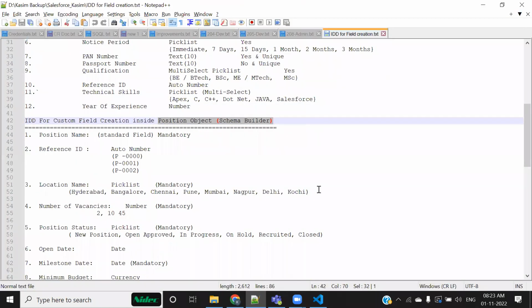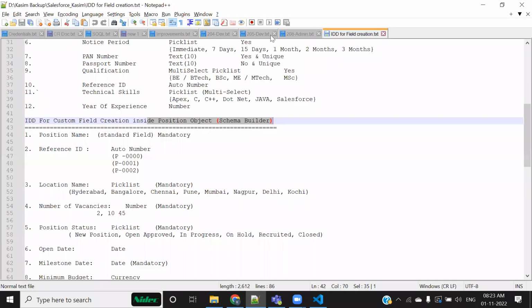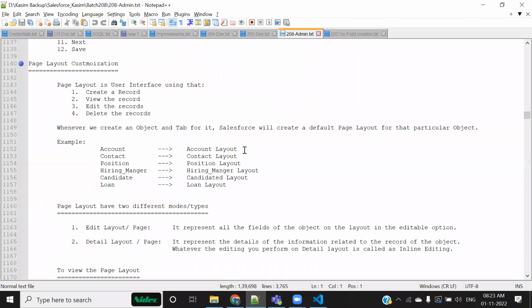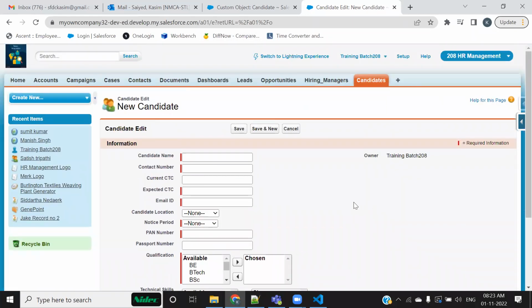So by tomorrow morning, अभी fields to add हो गया. अभी एक चीज और बची है आपकी, वो है आपका schema builders and all that. So इसके भी पहले even, ये position object create करना और उसके अंदर फिर सारी fields create करना by the second technique schema builder. तो वो करने से पहले I would be going to have a discussion on this thing. इसके बाद हम पहले कुछ और सीखने वाले हैं कल के लेक्चर में, और उसके बाद में something called as page layout customization. So after this the next topic would be page layout customizations. उसके बाद में फिर we will be going to create that third object as well. तो अभी ये looks to be a very raw interface. तो tomorrow morning we are going to have a discussion on this, कि इसको अप्रोच एक फाइन प्रोडक्ट कैसे बनाया जा सकता है. Alright, so that's all for today. Let me give you this command.